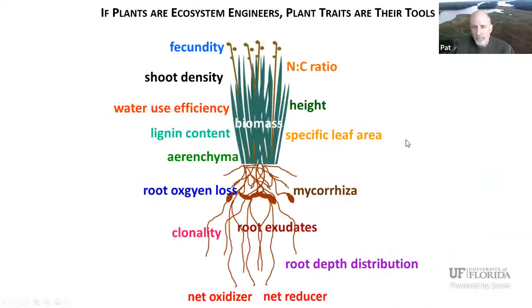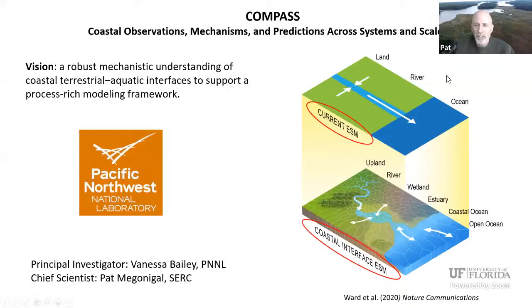And so we're proposing here at the bottom that we actually create a redox relevant type of plant trait. If plants are ecosystem engineers, then their traits are their tools. And if we can identify these functional traits that are important to models, we can advance models. And that is, in fact, where I hope all of this is going. I've been talking about one site, but in the big picture,